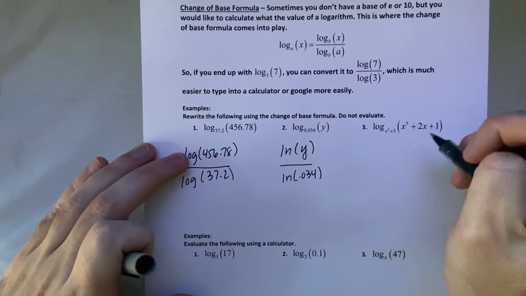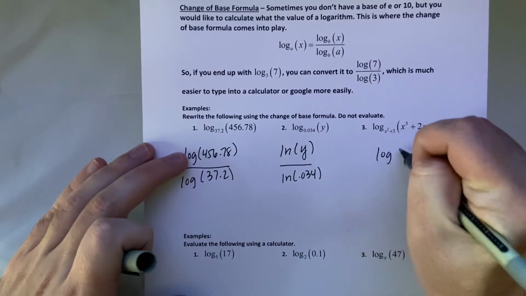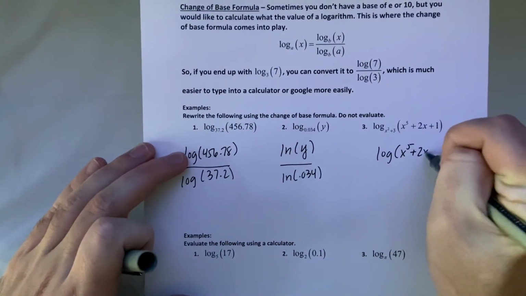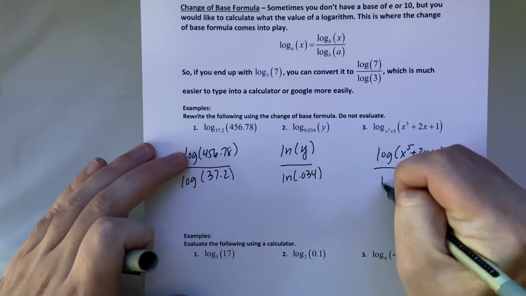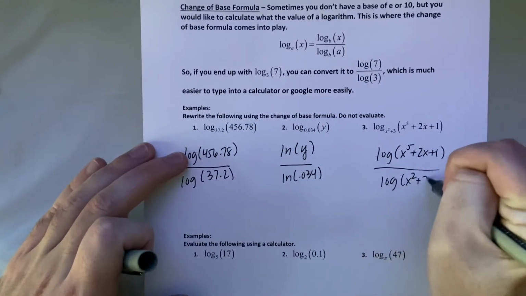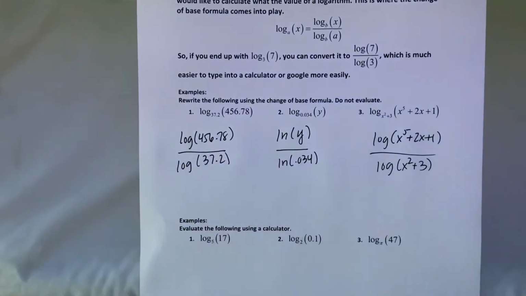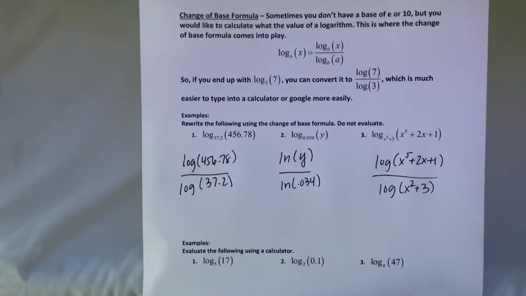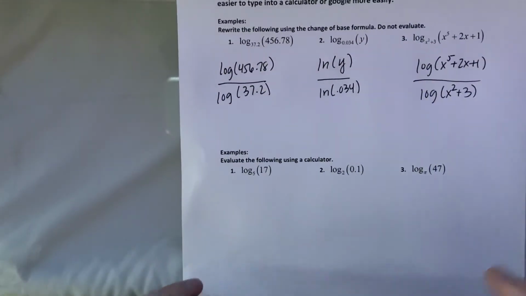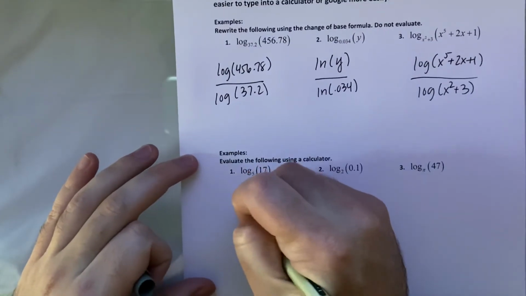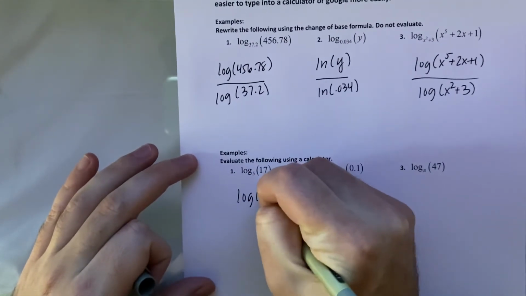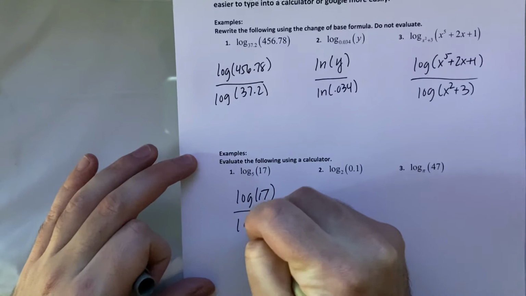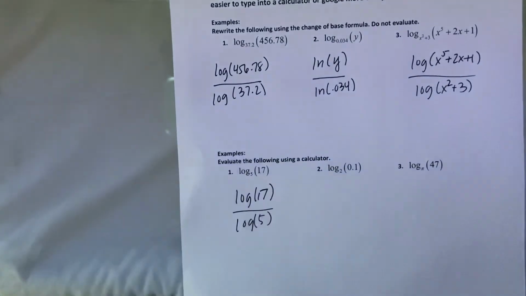Even with algebra, this could be log of x to the fifth plus 2x plus 1 over log of x squared plus 3. But if you have an algebraic case, please don't try to factor and cancel things. You can only do that if they're inside the same logarithm. So if I wanted to evaluate things in the calculator, I change the base and then I put it in the calculator. So log base 5 of 17 is log of 17 over the log of 5. And that I can put into the calculator or Google